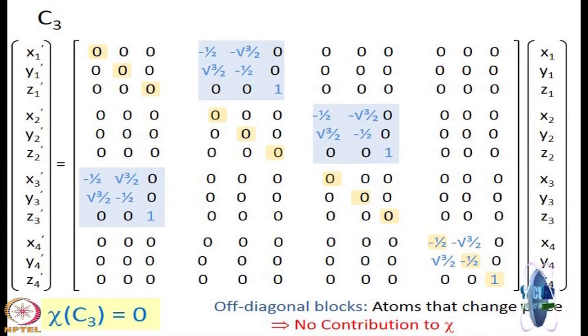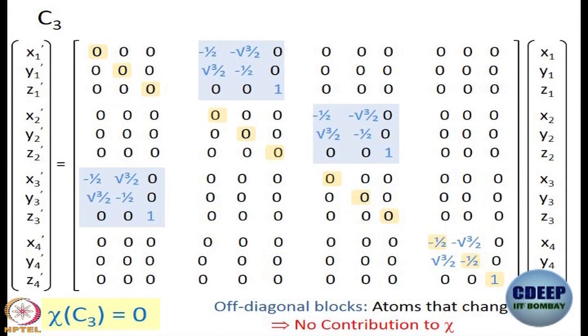But we have actually learned something very important from this exercise. What is it that we have learned? You see, these blue blocks are what we had worked out from the coordinates initially. What is this one? This is the contribution of coordinates of atom 2 in atom 1. Only the coordinates of atom 2 make a non-zero contribution to the transformed coordinates of atom 1. Why? Because atom 1 has moved from its original position to the original position of 2.